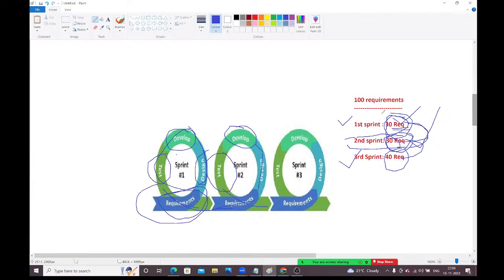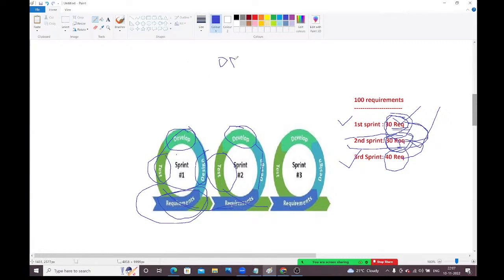Okay, sir. Story is completing in the sense not only development. Development should be completed. Testing also should be completed. End to end completed. Then only we can say that story is completed. In Jira, we have the status. For every story, we have the status. Whenever a story is created, they will put it with the open status.